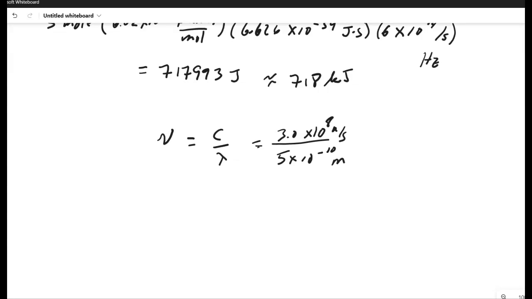So if we just want to think about that, that's going to be 0.6. I'm just dividing 3 by 5. It's 0.6 times 10 to the, well, I'm going to subtract, so that's going to be the 18th, and that's going to be hertz. Now let's change the scientific notation. If I make this bigger by a power of 10, I have to make that smaller by a power of 10. There's my frequency of my